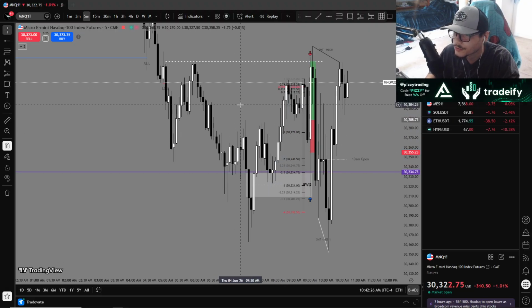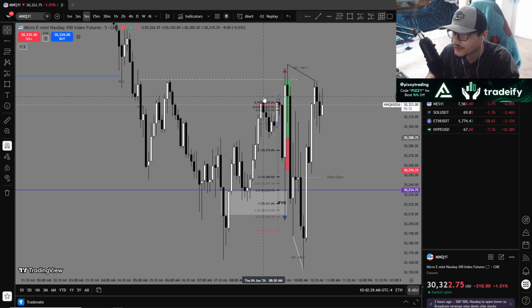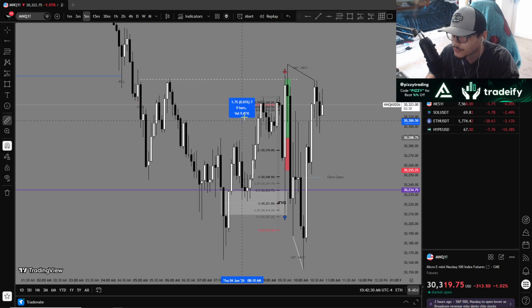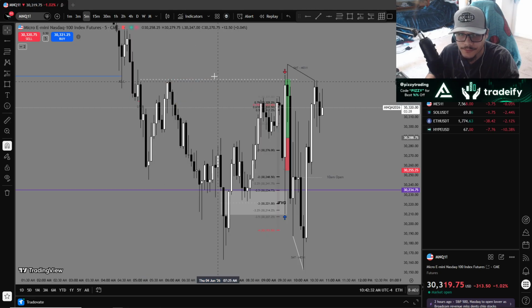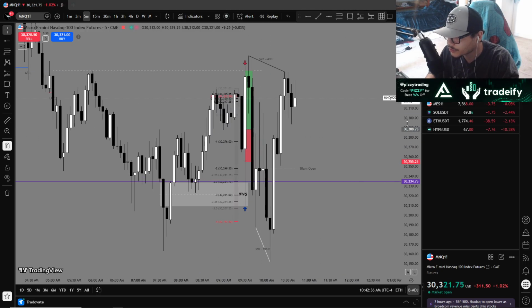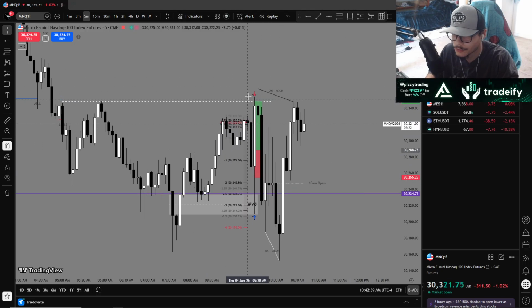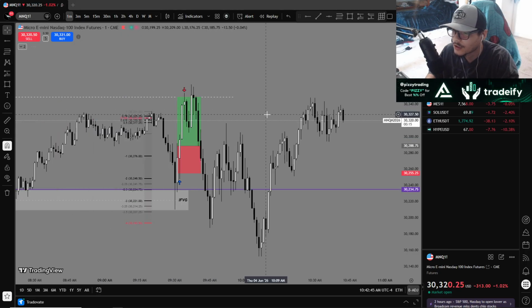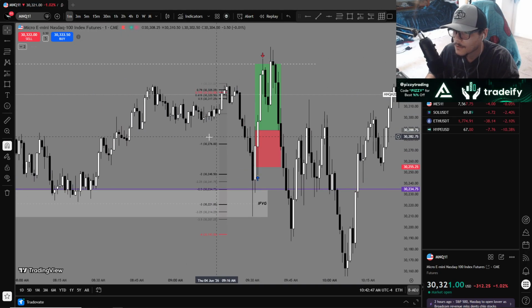Once I see this displacement, I'm like, okay, we are definitely going to pump to these highs right here. This hourly FVG. I'm sorry, not hourly high. But I was like, I'm going to sit on my hands, wait for market open, and see what it wants to do because I don't want to get caught up in some chop or whatever and get stopped out before the actual play happens. So let's go into the 1 minute time frame. I'm like, okay, what's happening right here?